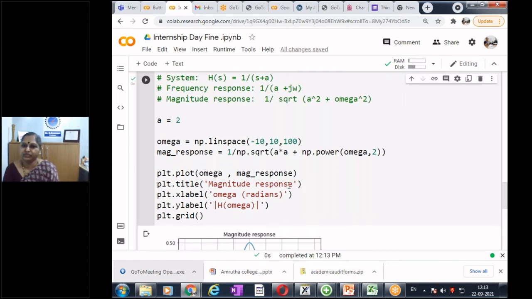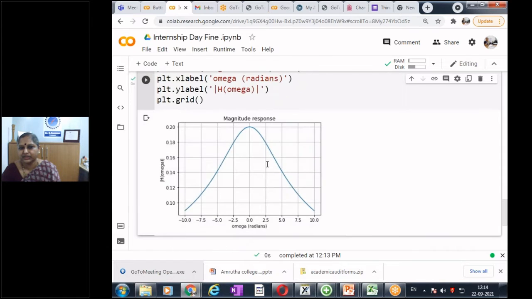How many of you have got this result? Please type done. Or you want me to show the earlier cell? I will go back. I hope some more have got it. Thank you. So just run it for different values. Run it for a equal to 5 and see what happens.